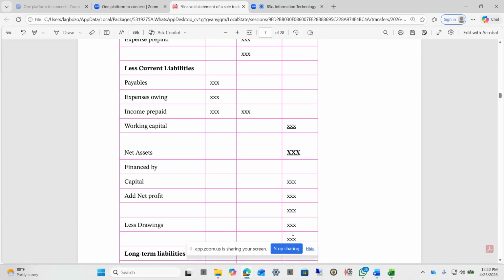Then your net assets should be equal to your capital. Okay, when we take an example,